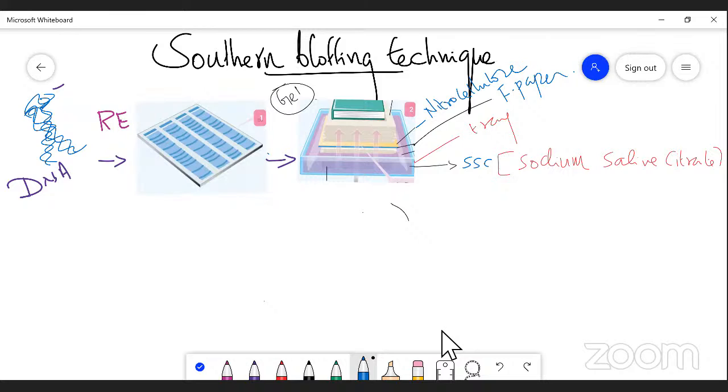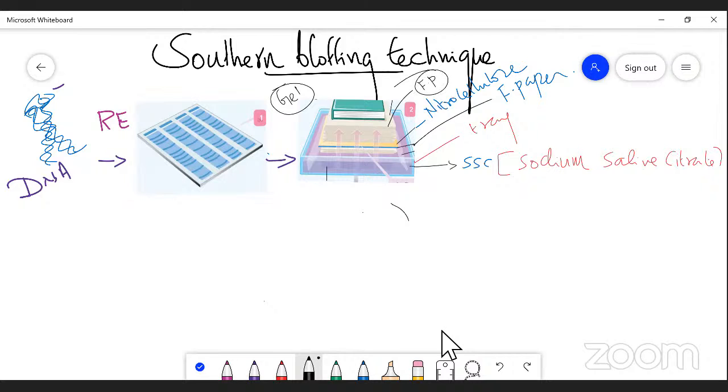The nitrocellulose membrane is placed just over this blotting paper, and just above the nitrocellulose paper, we have to place a number of blotting papers or tissue papers. Simply, I can say one more. This is called a filter paper. More filter papers are placed just over the